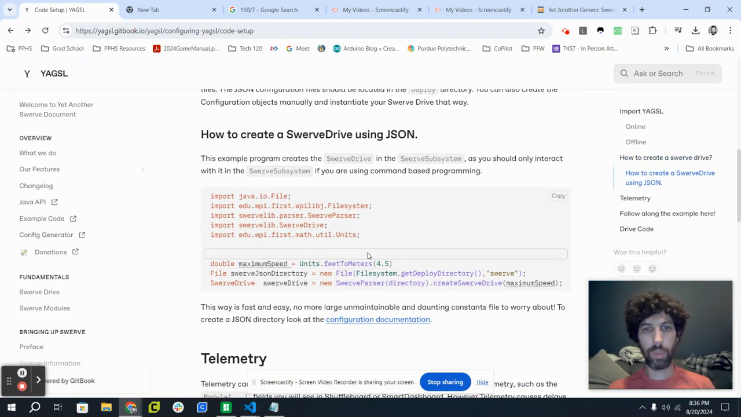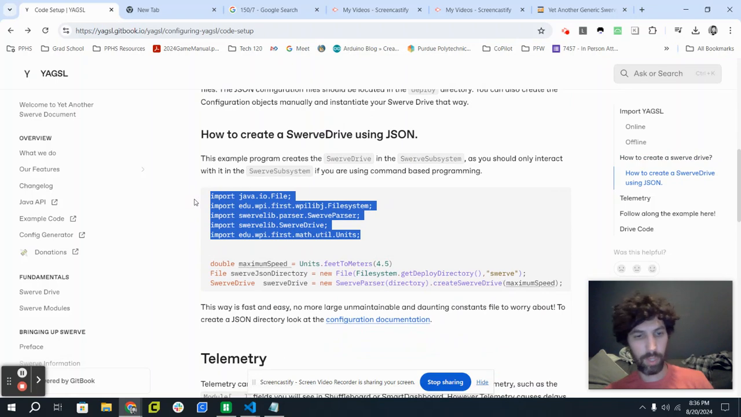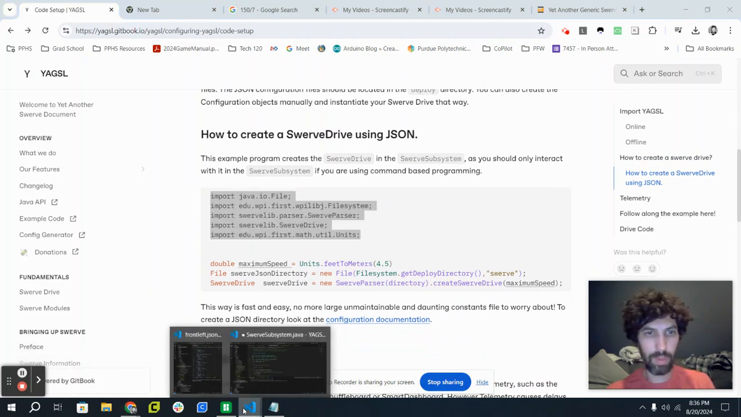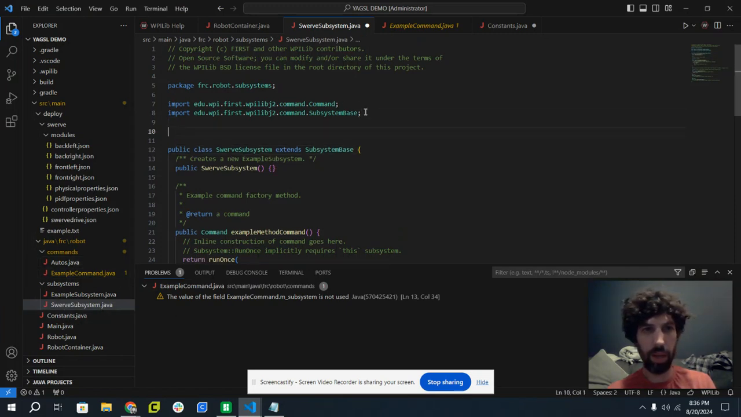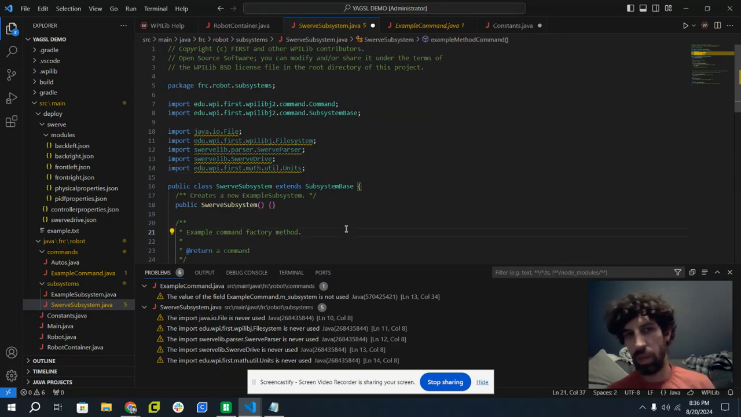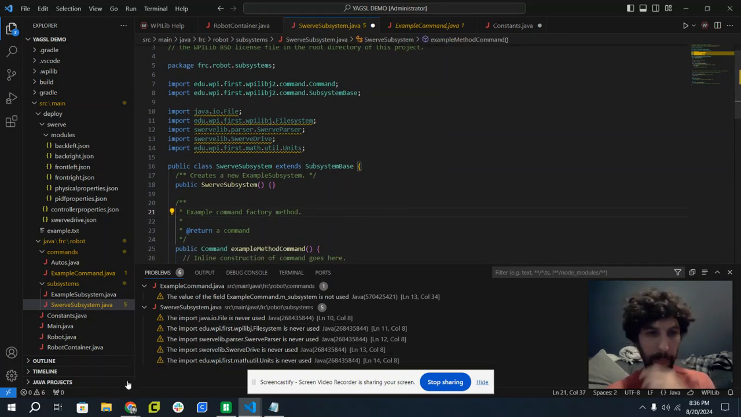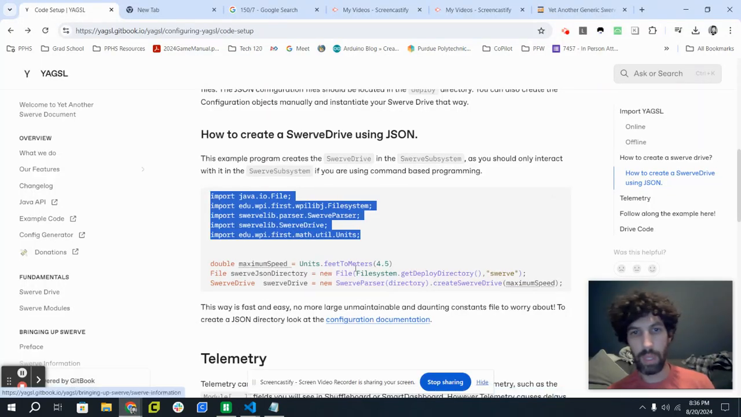First thing you've got to do within the subsystem is add the imports. That's pretty straightforward. Copy it. Let's go to the imports and add them. Cool. There's squiggles because we're not using them yet. Then what you have to do is